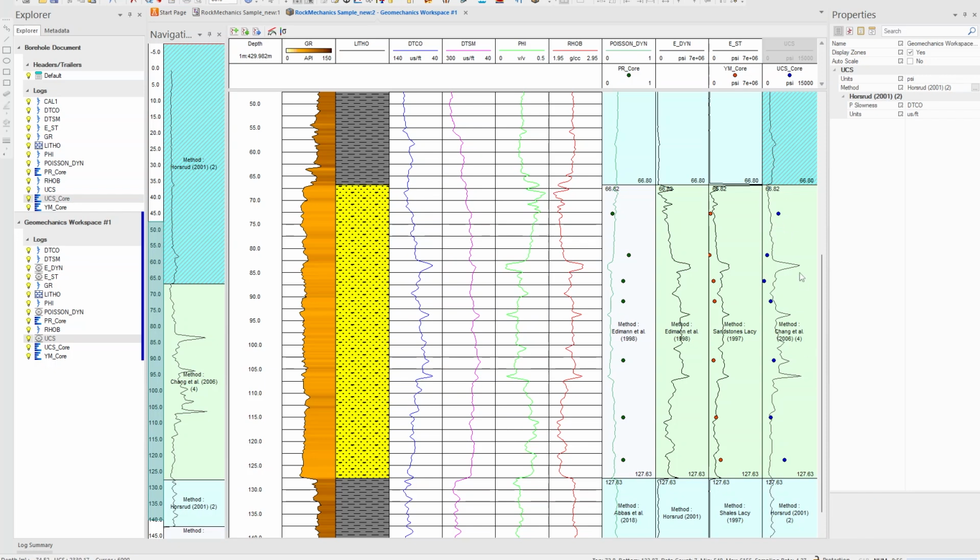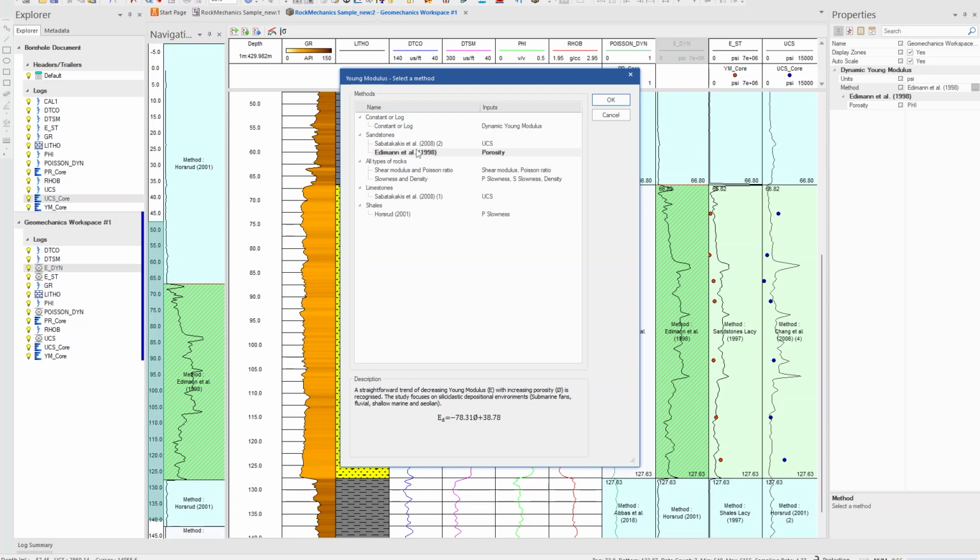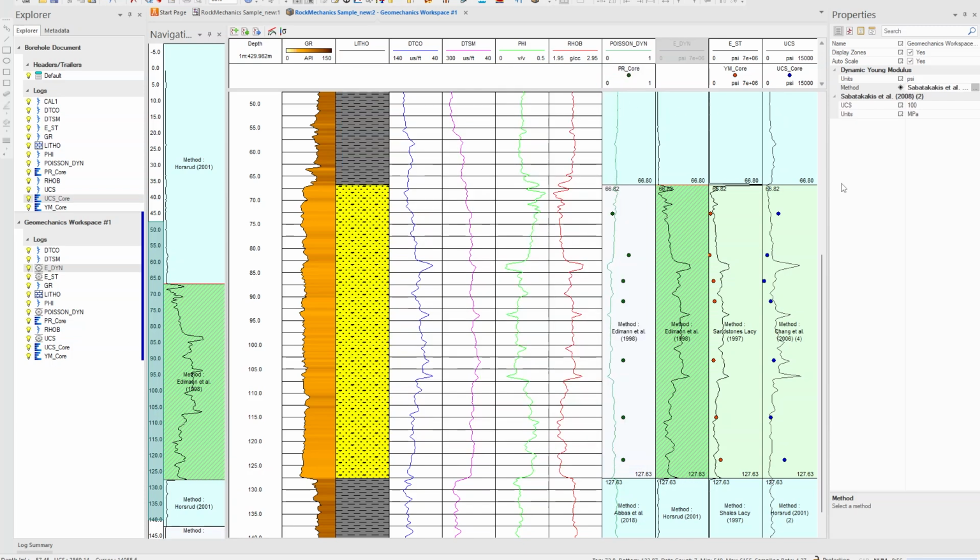Now we can select the UCS that we just calculated here to calibrate the Young's modulus static here, where some sections are not quite right. We can come to the dynamic Young's modulus, which is using the Edelman equation for sandstones, and we can select the Sabatakis equation that uses the UCS that we just calculated.